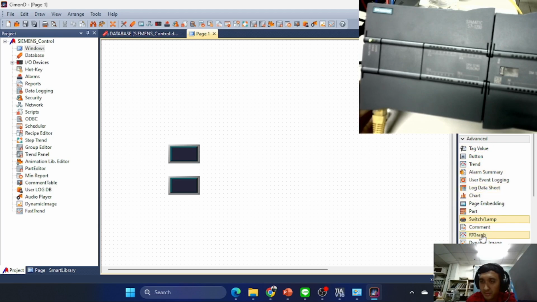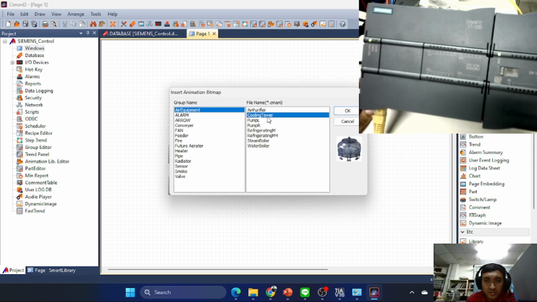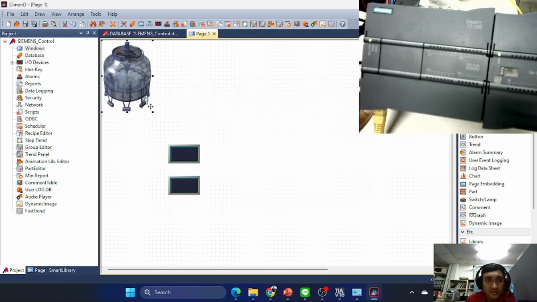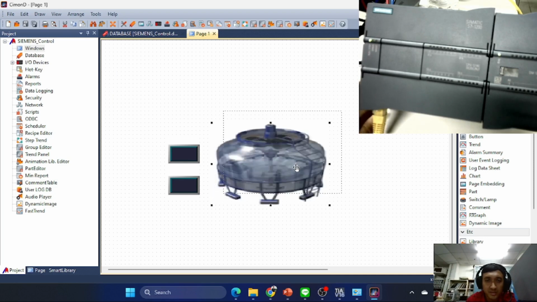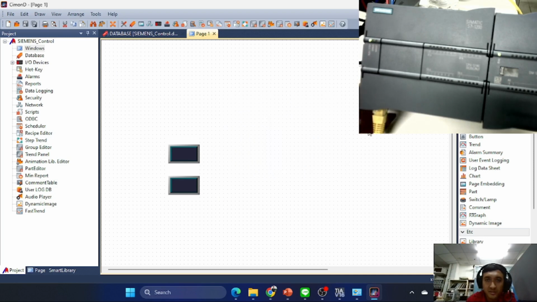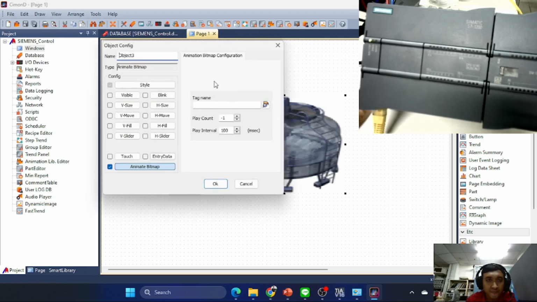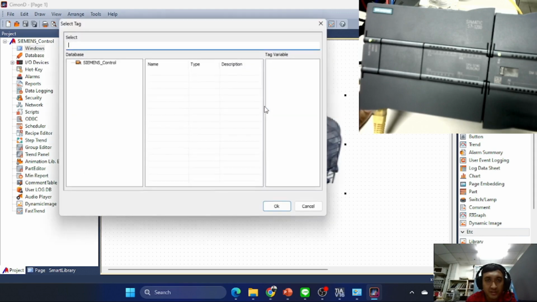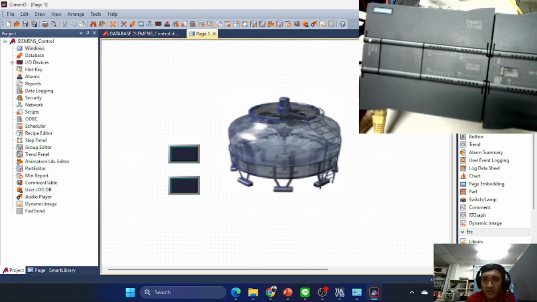For the animation, bitmap, cooling tower here. I put this one here, and then I need to set this cooling tower active when the tag is motor. Also I put text here, on, and text off.